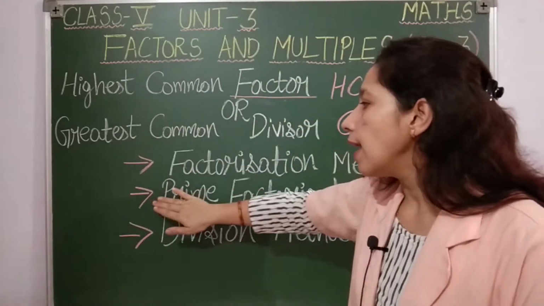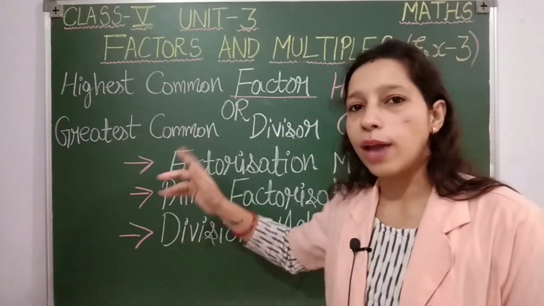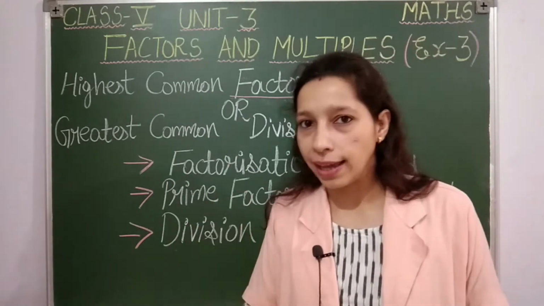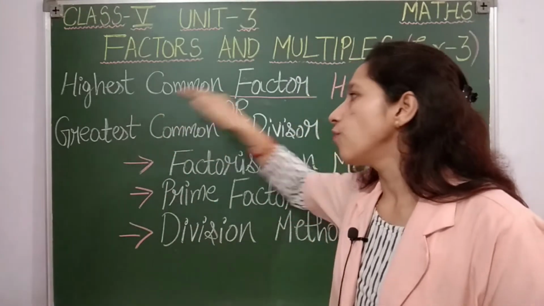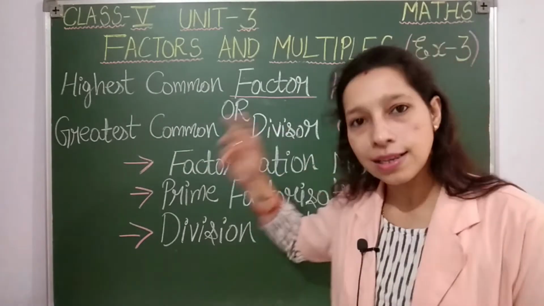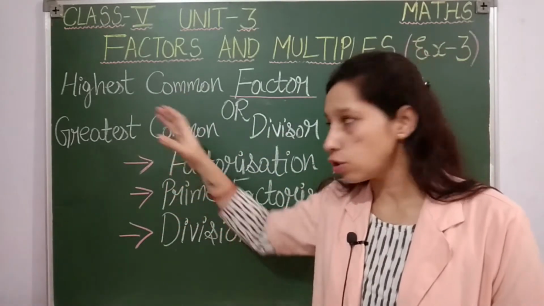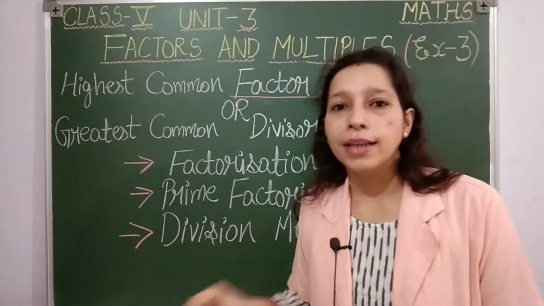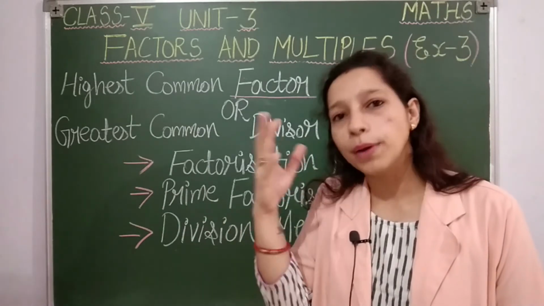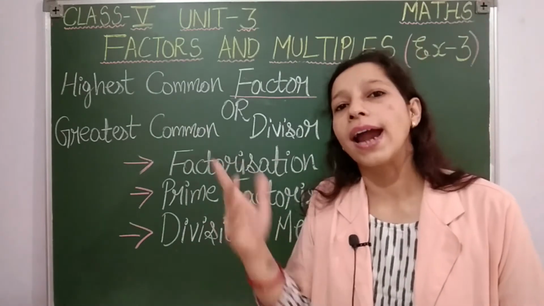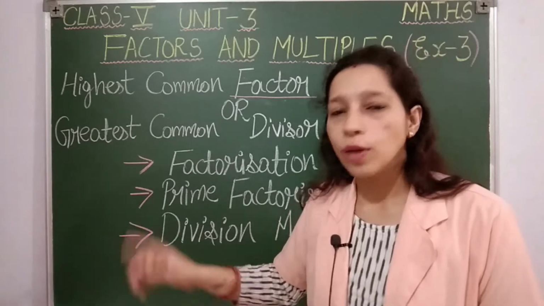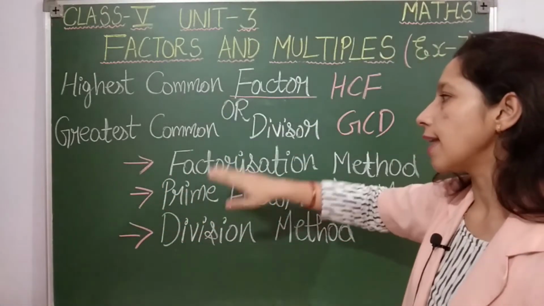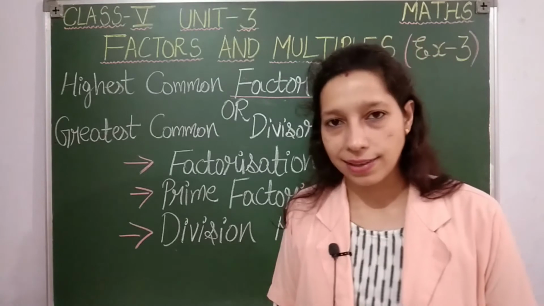How to calculate HCF will be clear to you. One by one I will make all 3 ways to calculate HCF clear to you, students. But for now, again I am telling you, highest common factor and greatest common divisor are the same. Both mean finding the highest factor for the given numbers which divides them exactly. That's all. So let us begin our first topic, students, that is highest common factor by factorization method.